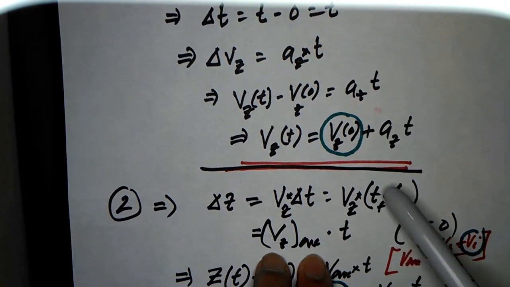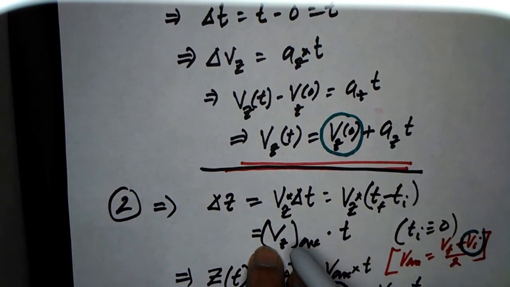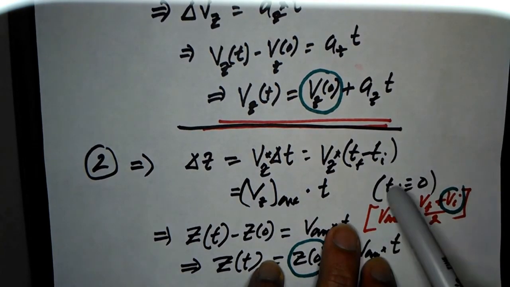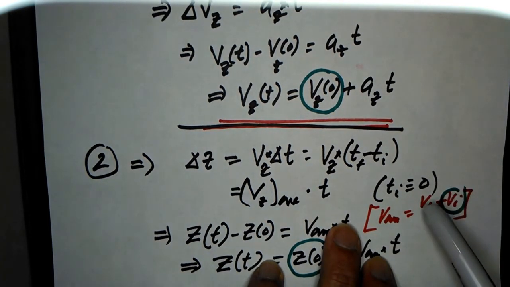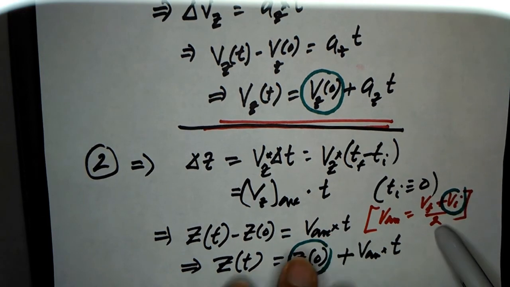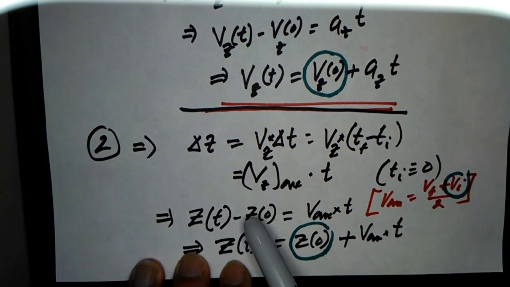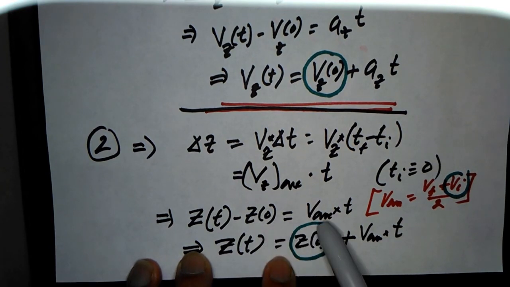It is not at the beginning, not at the end, but the average value. How do I define average value? It's the arithmetic mean. Add the two V's, divide by 2. So now Z at any time T minus Z0 equals V average times